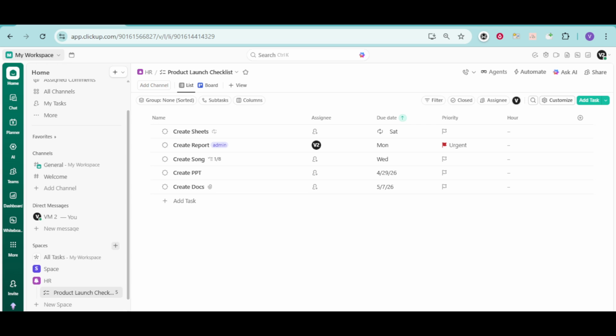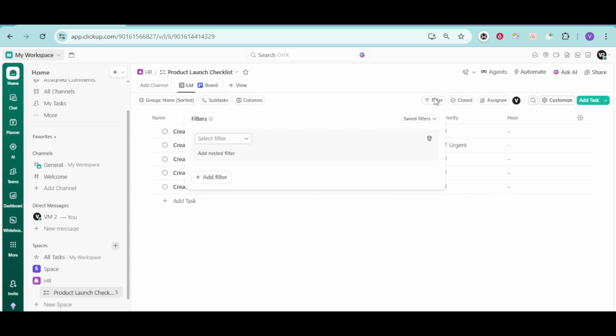Let's start with the very first action, clicking the filter button. In most ClickUp views, like list, board, or calendar, you'll find the filter option near the top of the screen, usually alongside other view controls. Go ahead and locate that filter button and click it. When you do, ClickUp will open a filter bar or panel where you can start defining exactly what you want